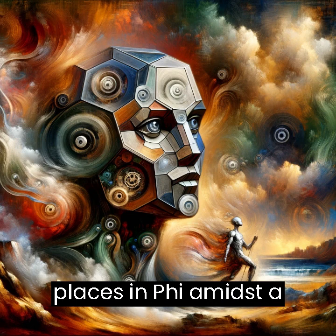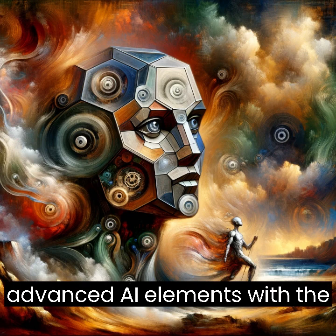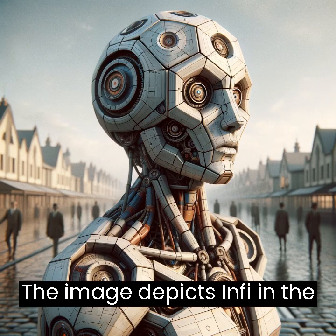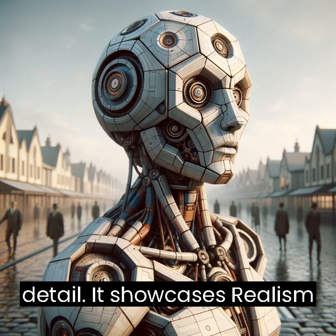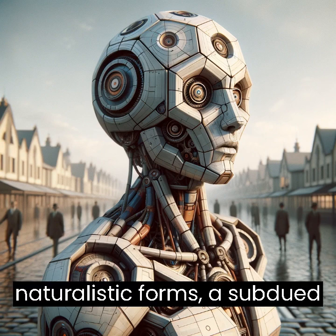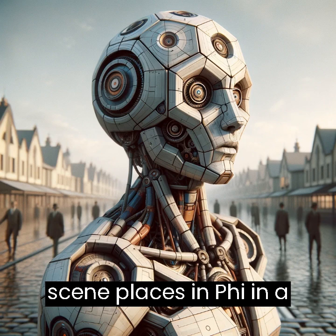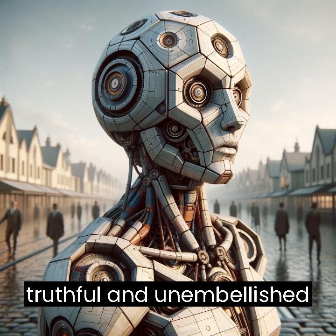The scene places Infi amidst a dramatic landscape or historical event, blending advanced AI elements with the passionate and expressive style of Romanticism. The image depicts Infi in the style of realism, focusing on accurate representation and detail. It showcases realism's commitment to depicting the real world, with naturalistic forms, a subdued color palette, and attention to everyday reality. The scene places Infi in a setting that combines advanced AI elements with the truthful and unembellished style characteristic